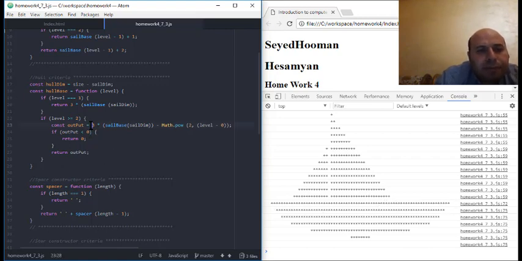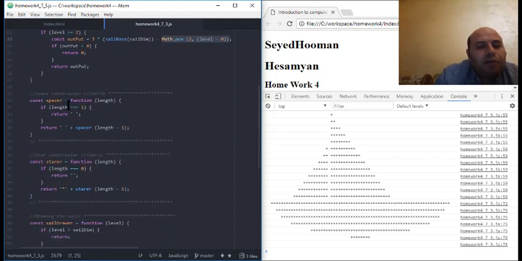Okay, in this line, at level 2 and more than 2, it reduced the number of stars for the hull exponentially with this function. Okay,